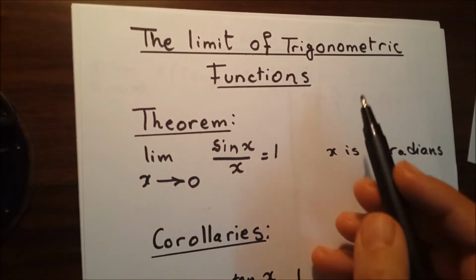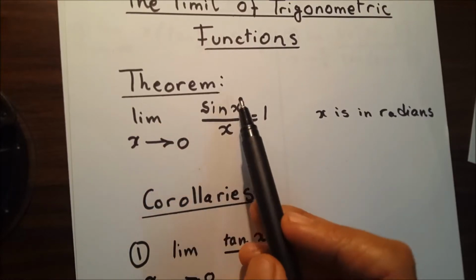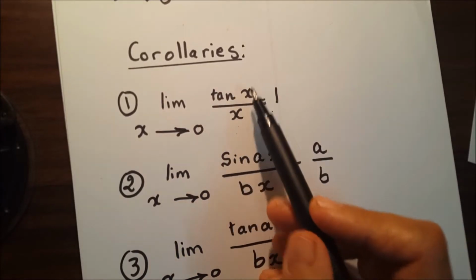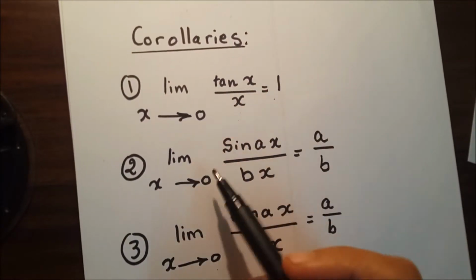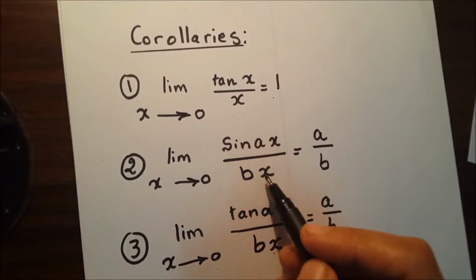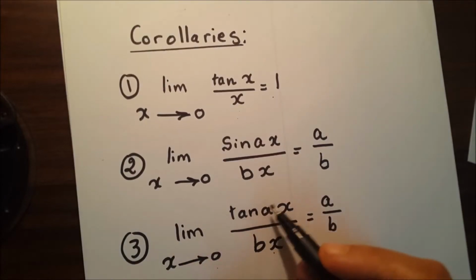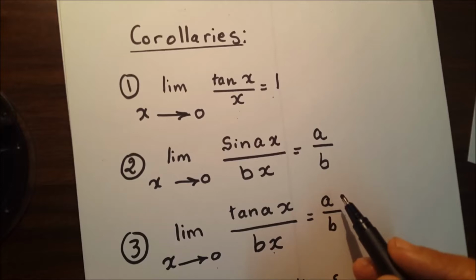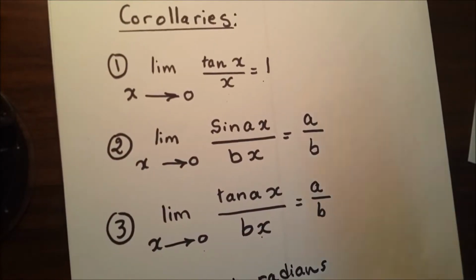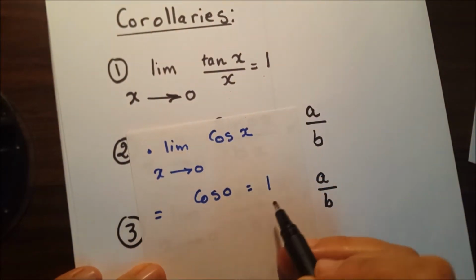Now more exercises on the limit of trigonometric functions, where the limit as x tends to 0 of sin x over x is 1, and the limit as x tends to 0 of tan x over x is also 1. And if we have coefficients, the limit as x tends to 0 of sin ax over bx is equal to a over b, and the limit as x tends to 0 of tan ax over bx is equal to a over b, where x is in radians, and the limit as x tends to 0 of cosine x is equal to 1